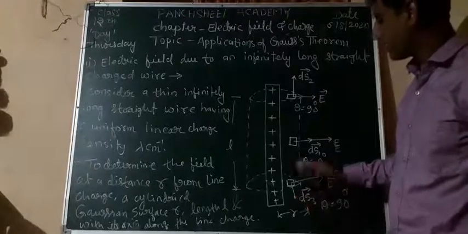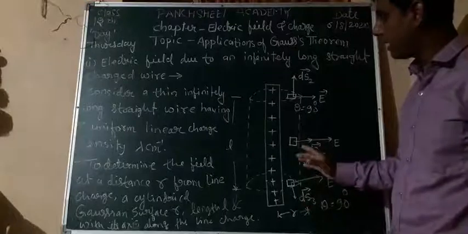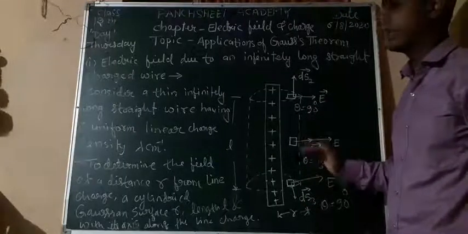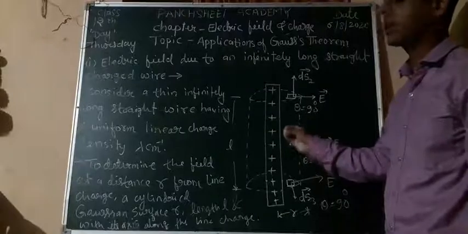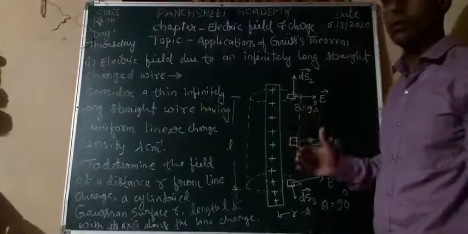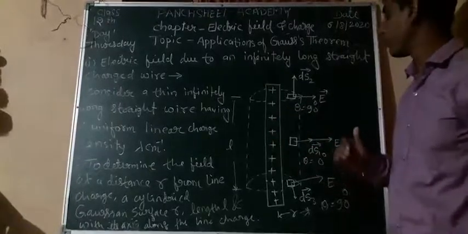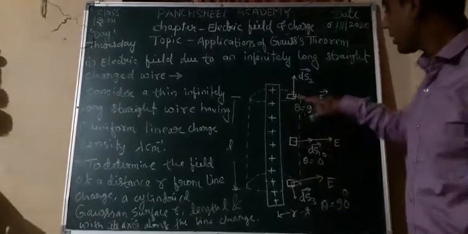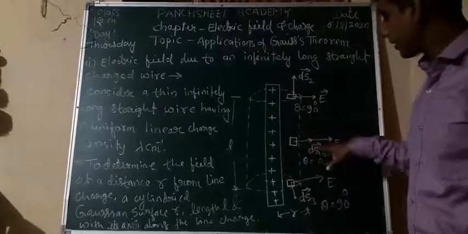Okay, there are three surfaces and from these three surfaces we can easily calculate the total flux, by Gauss theorem or our fundamental formula. So this is the plus charge. Now first we consider this surface.